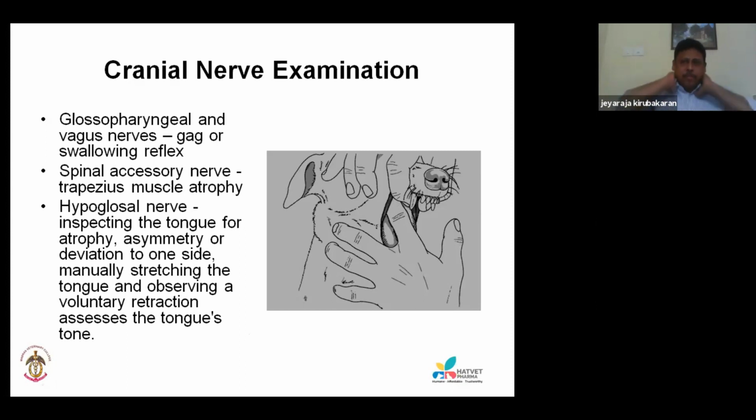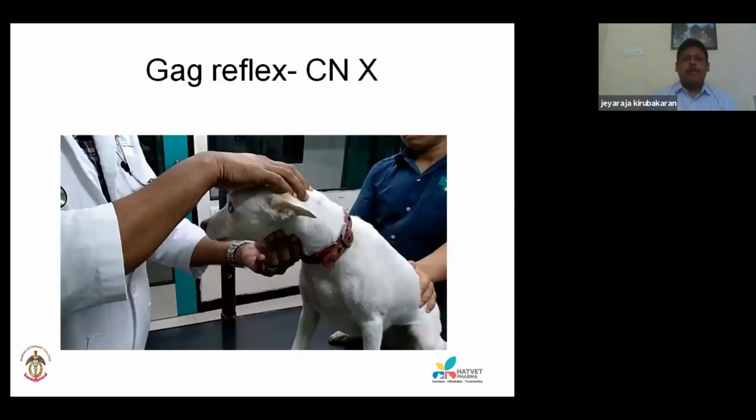palpate the trapezius muscle. You just palpate the trapezius muscle, and then for hypoglossal, you just see the tongue, whether it's normal in size and not asymmetrical, whether it's falling to one side, or if you try to stretch the tongue, see whether it's retracting the tongue, whether enough tone is there. So this is how you induce a